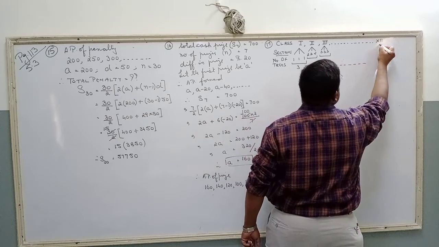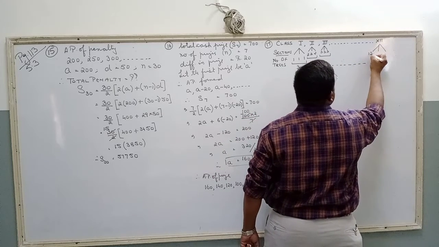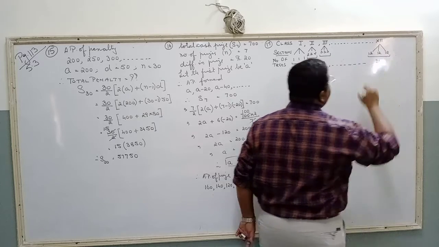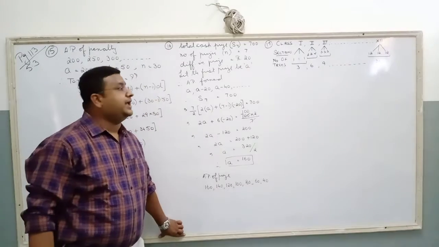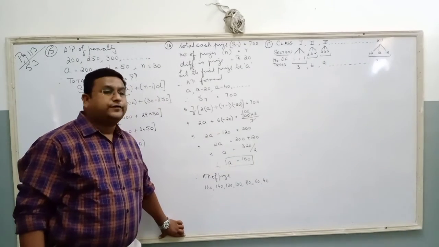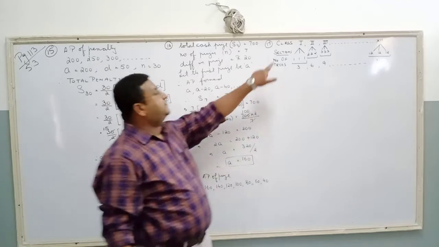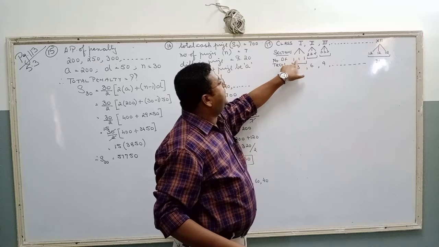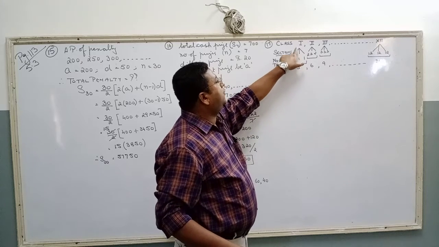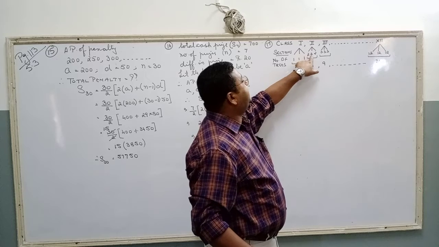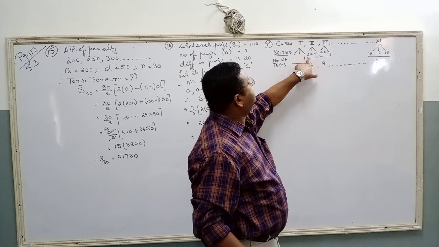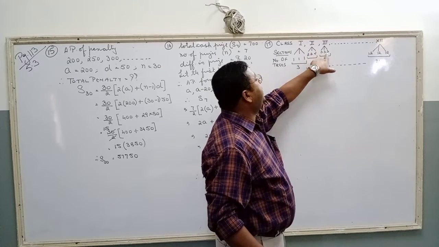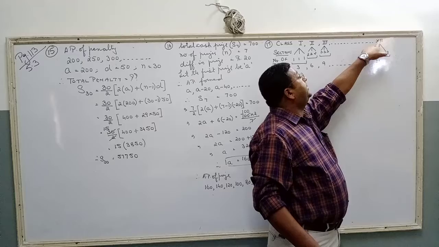And so on. So class 12 will plant how many? 12 trees per section, so 36 trees. This is the AP of the number of trees planted. Class 1 was planting 1 tree, but because there were 3 sections, there are 3 trees for class 1. Class 2, 2 trees and 3 sections, so 2 into 3, 6. Class 3, 3 trees per section, 3 into 3, 9. So on till class 12.